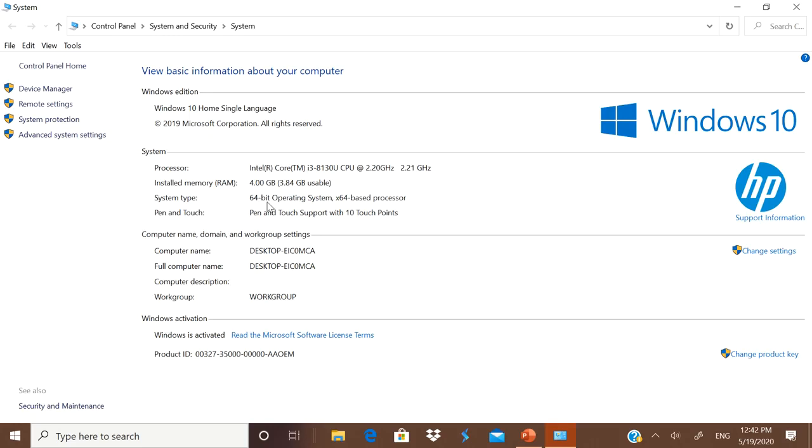This is very important to note down, because whenever you are downloading software, you have to download the executable file which is for 32-bit or 64-bit. When you are downloading it, it will ask you to open that particular software to load it in your computer. Okay, now please note down whether the system in which you are working is 64-bit or 32-bit.